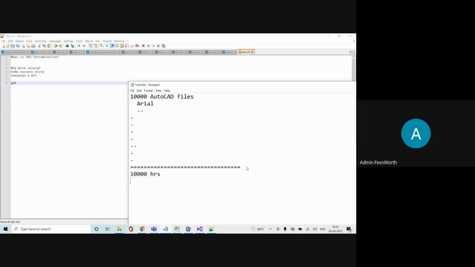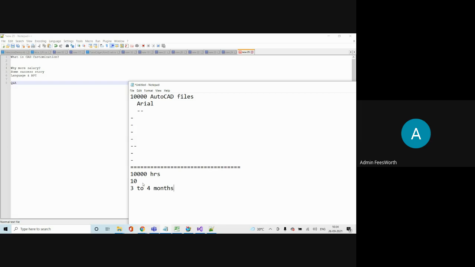Per day, assume you work 10 hours per day. So you need 1,000 days. Consider you work on Saturday, Sunday also. So at least 3 to 4 months minimum you need for this to be done.